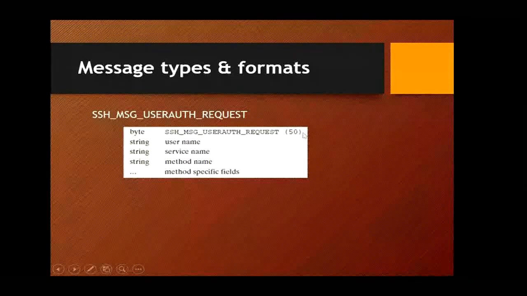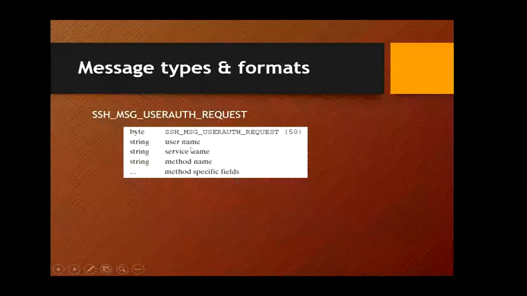So we can say that this message is having the first byte with the decimal value of 50. So under this message, you can see there are various other parameters. So this is a string username, string service name, string method name. Similarly, it goes on, and various method specification fields.